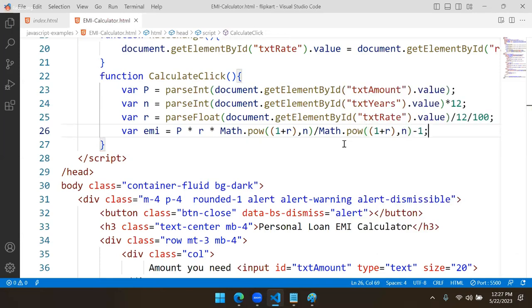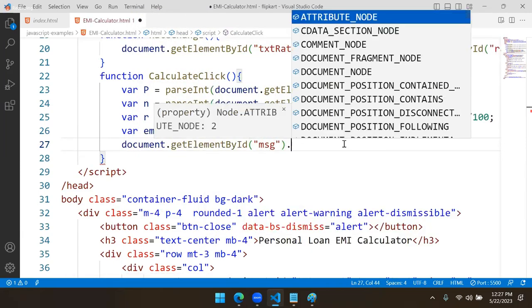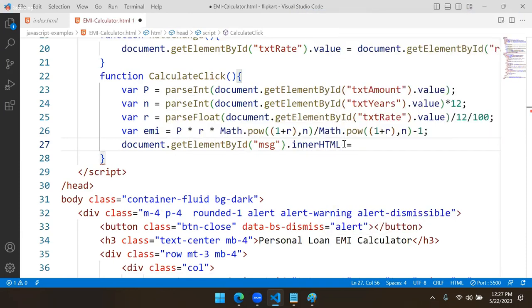That's how we do. And this document.getElementById MSG .innerHTML is equal to, here